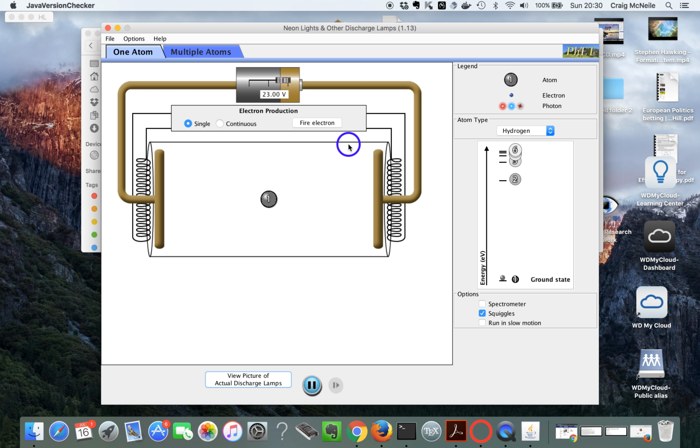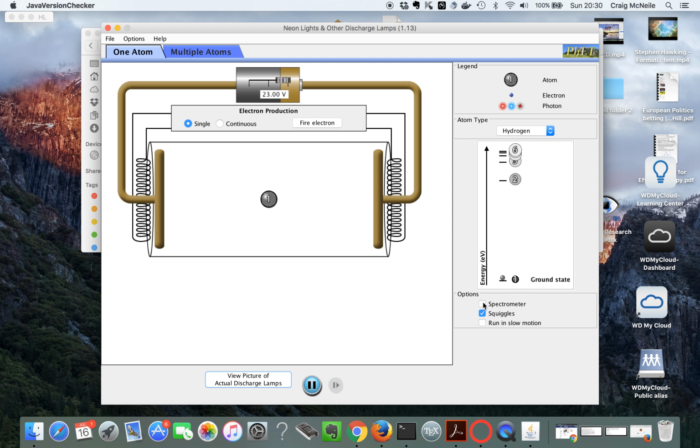Okay, so this little app demonstrates the physics behind a neon light and another discharge lamp, and it's one of the ways the first people discovered that energy levels in atoms were discrete. The electrons in an atom just can't take on any old value. There are certain quantized values, and the way that works,